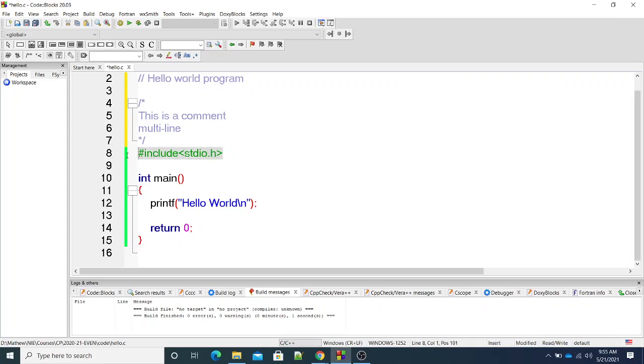So what this statement means is we are including another file in our program, and this file is not what we have written. The file is not created by us. This is coming along with the language. So when we write a program, many times we will have to include some external files in our program, and these files will have some code.